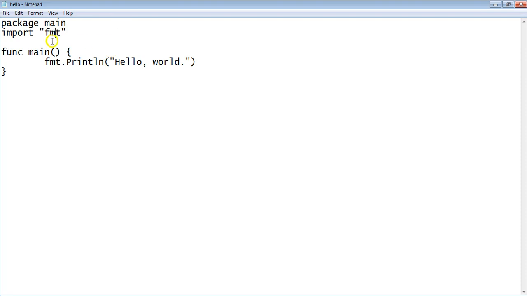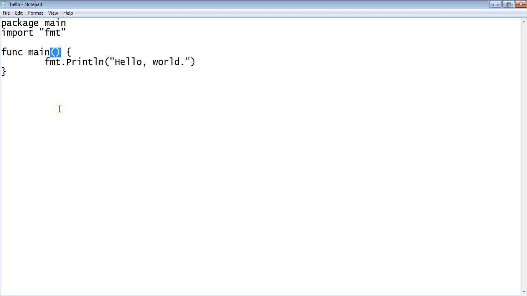Once these two lines are over, the third line is going to have the function declaration. Again, a mandatory one. Function declaration in Golang takes the keyword func, which denotes a function, and the function name comes next. Here the function is named main, followed by the function brackets.